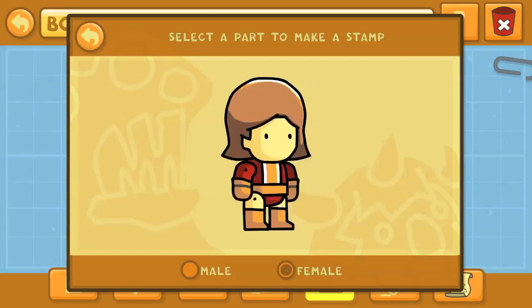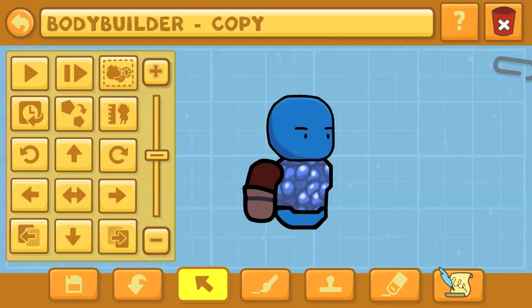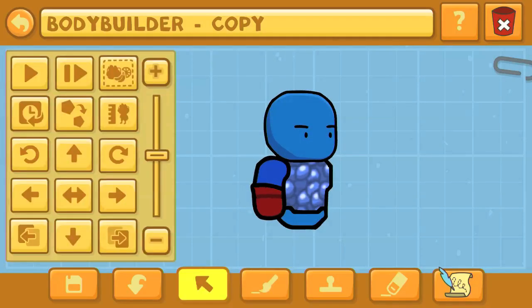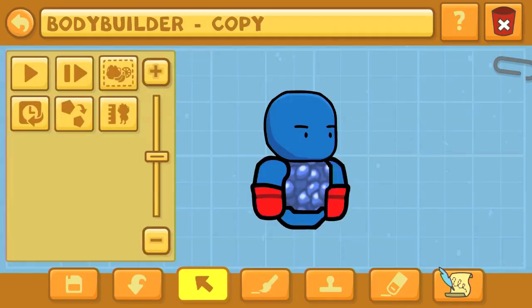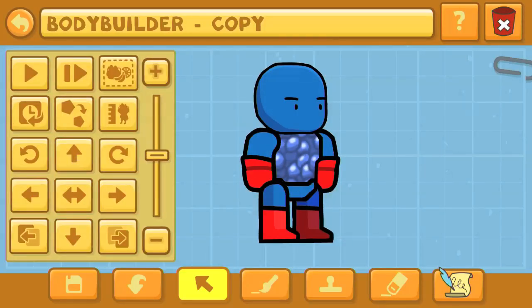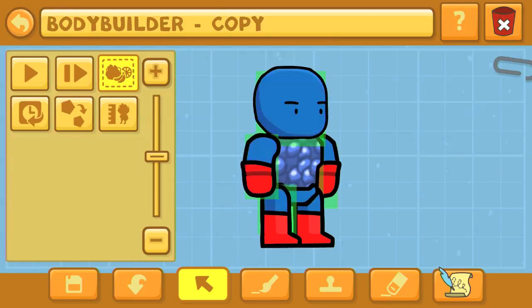So after placing the head on our bodybuilder that has had all of the limbs removed, we type in superhero and go to the female superhero and take the arm right here. We're going to be using both of the arms of the female superhero and size them about where I've got it right now. And we're also going to take the female superhero's legs. So even take off the legs of that female superhero and put them, make sure that they're all in the